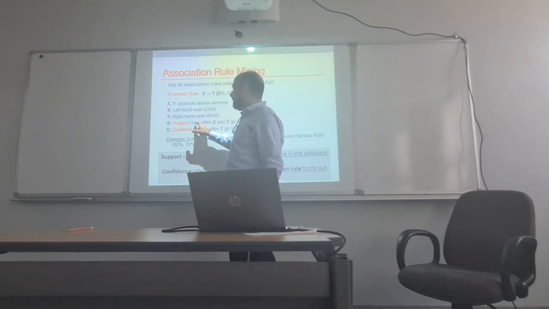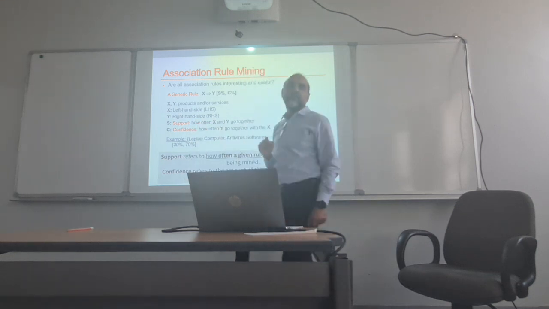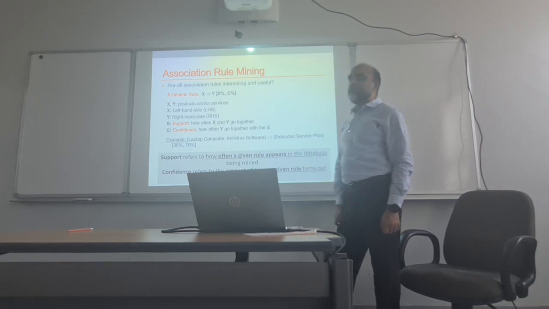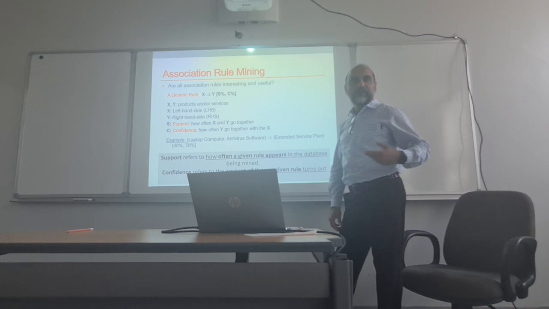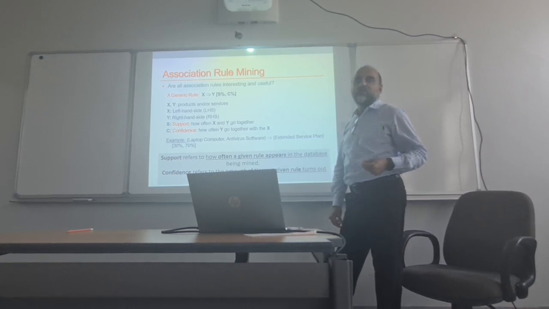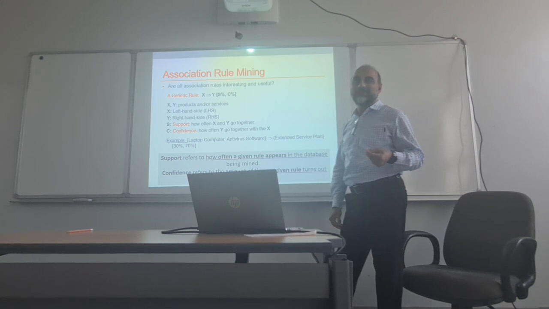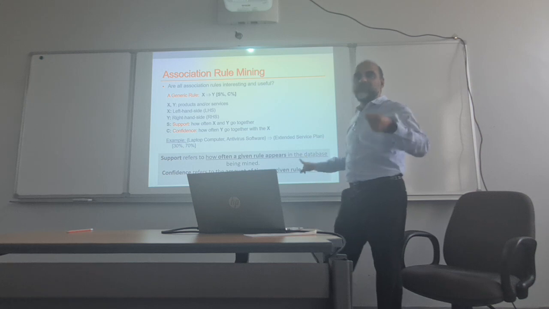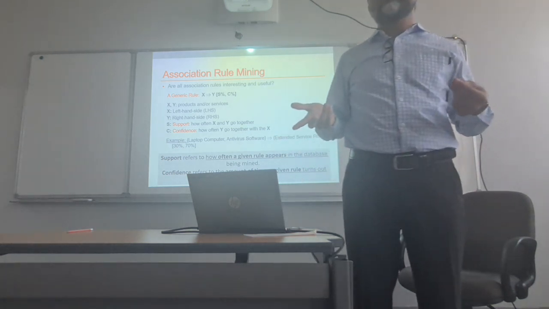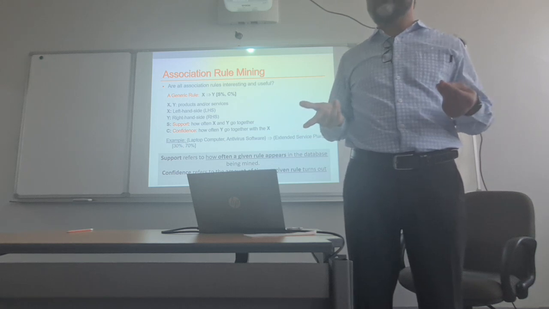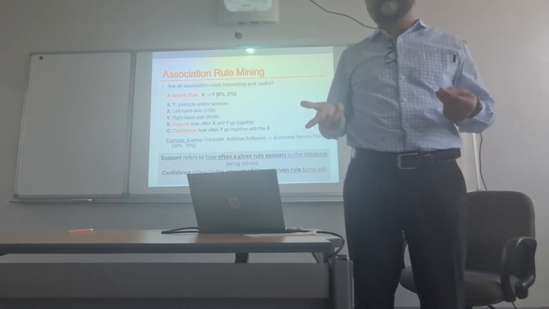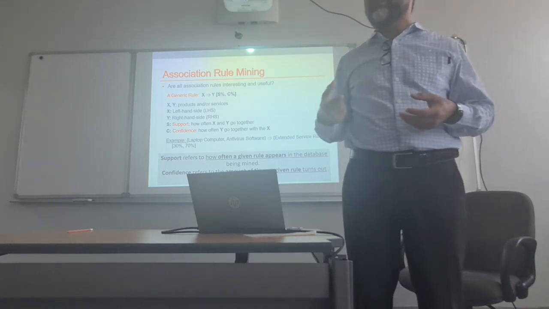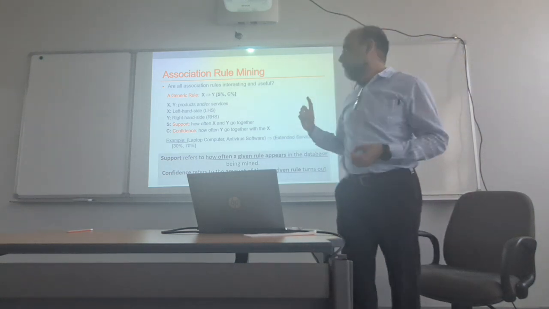So what is S? Support and confidence. These two things are the most important things to know in association rules. What is support? How often a given rule appears. How often in your store do you see people buying a laptop and an antivirus together? This is support. If this number is low, it doesn't happen too many times, not a very important thing for you. 5% of the time, okay, it happens. But if it is happening 80% of the time, that is something very important, recurring, very important for your business. Confidence.